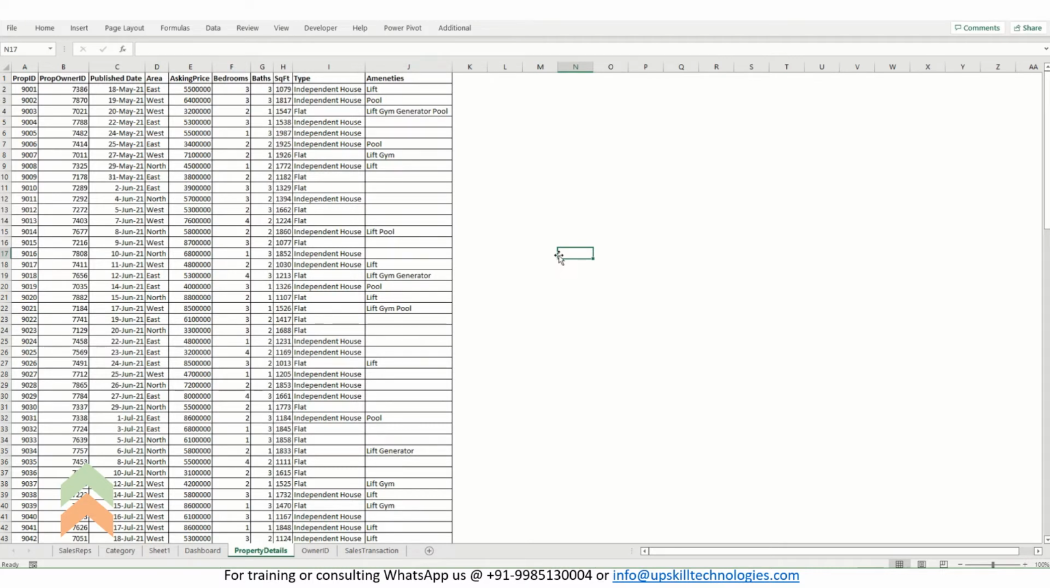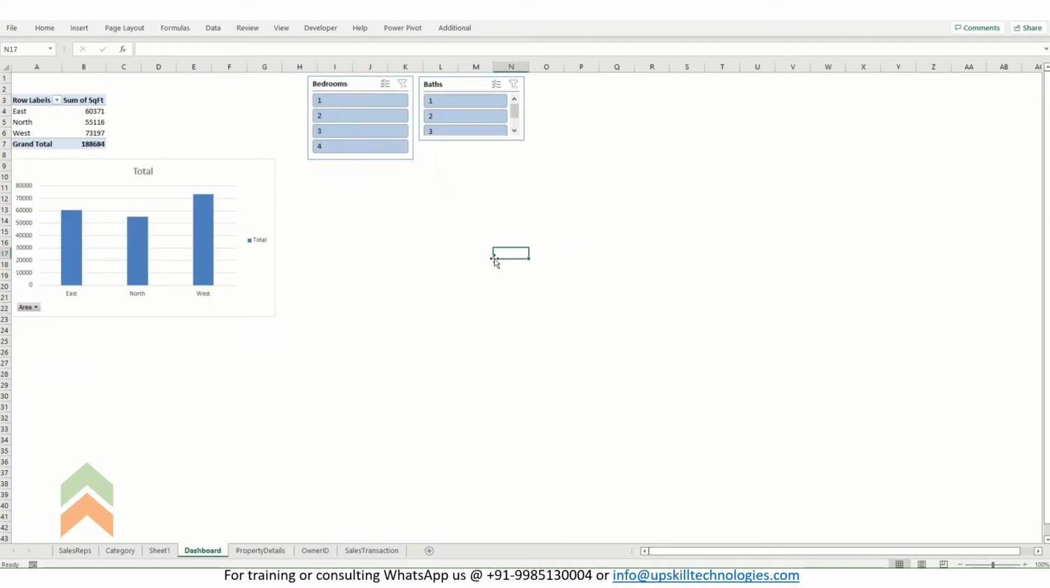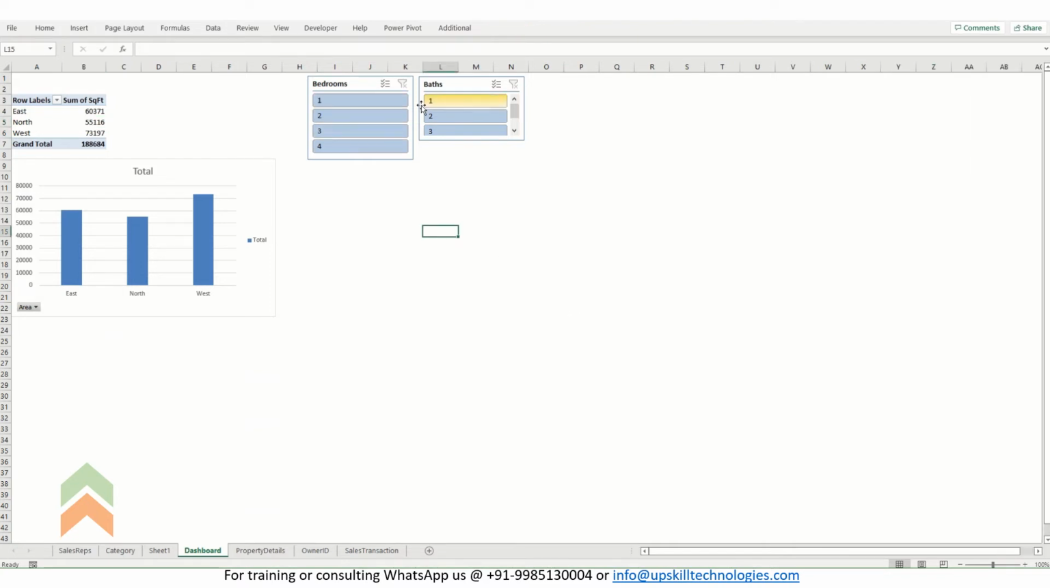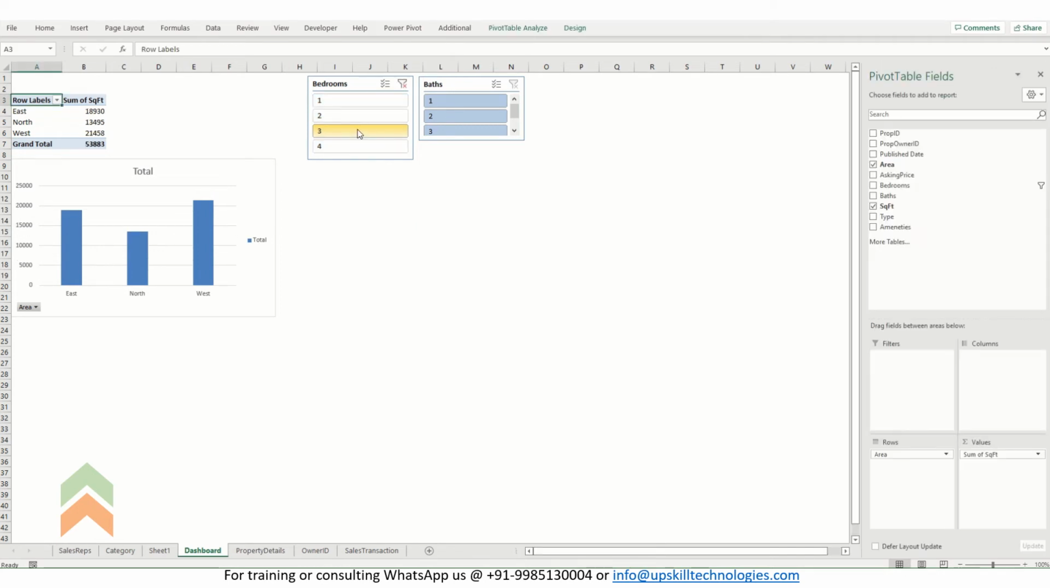So if I have to create and analyze this thing, I could easily create a dashboard like this. It's a very simple dashboard that I've created. So this is a pivot table, and you can see that I have put area into the rows and square feet into the values. Now I have some slicers added, and I can see some kind of graph here. So if I want to see only stuff which have 3 bedrooms, I can filter it out by using the slicer. We will see in the next video how to create this, but